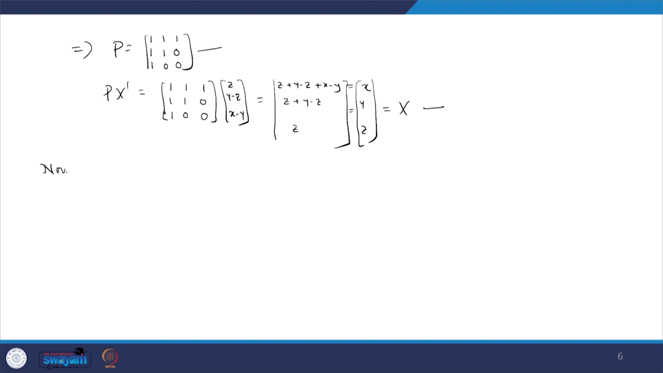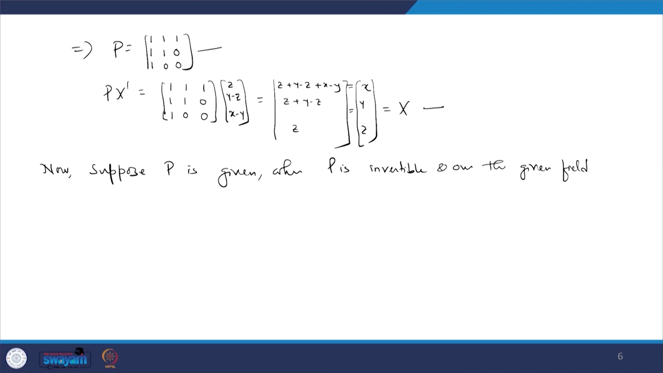Now, suppose P is given, where P is invertible and over the given field. How to find the second order basis when one order basis is given in this space, please. And